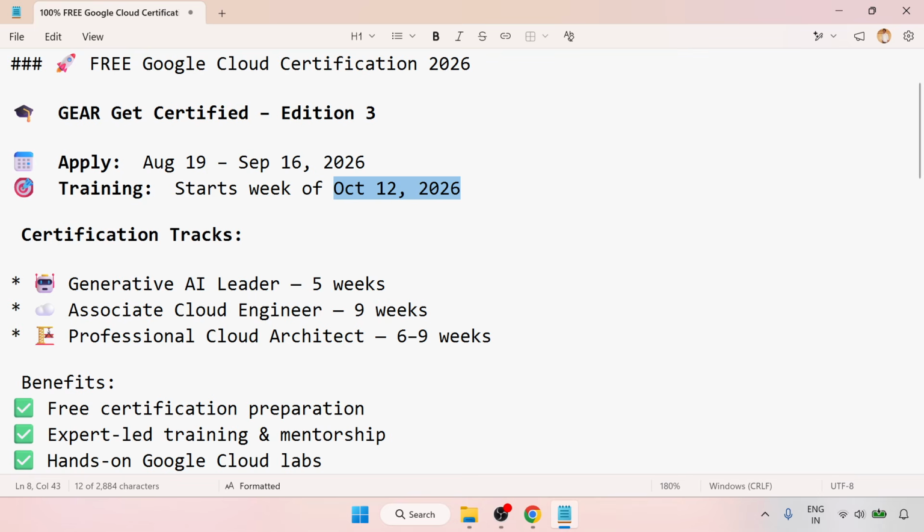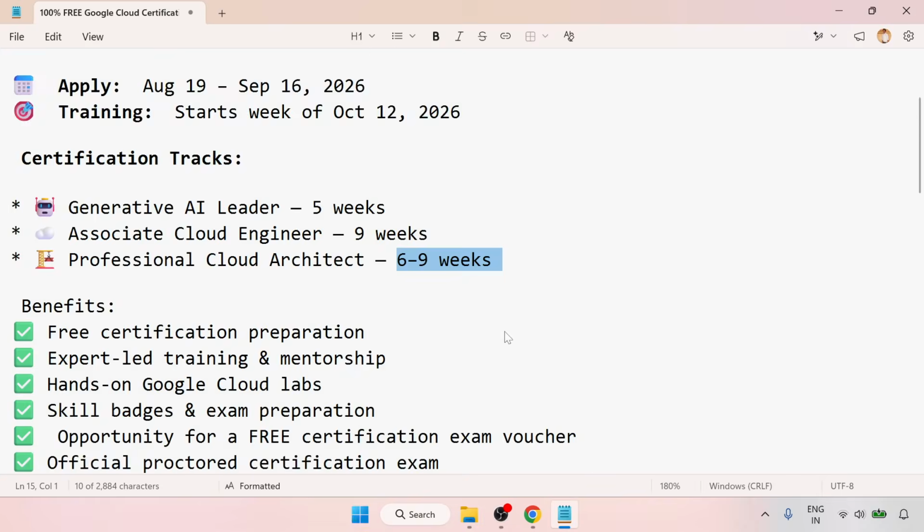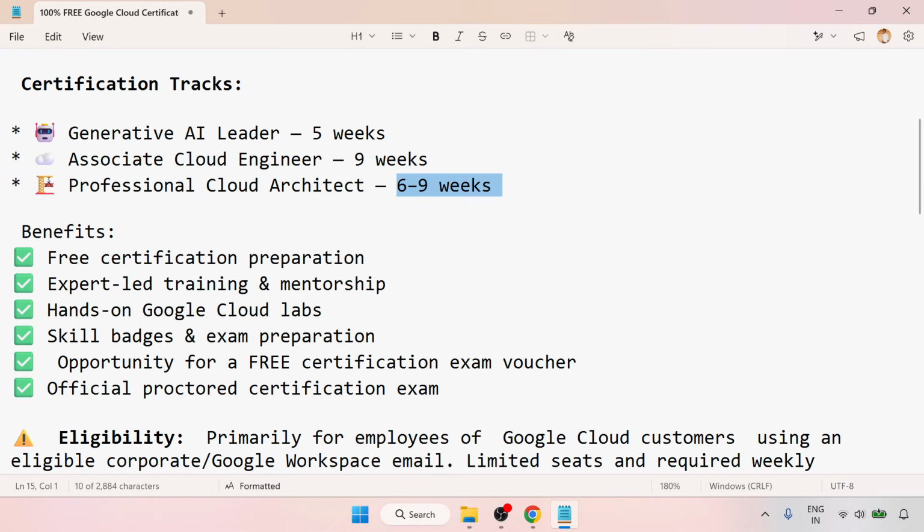So there are certification tracks: Generative AI Leader, 5 weeks; Associate Cloud Engineer, 9 weeks; and Professional Cloud Architect, 6 to 9 weeks. The benefits of this are free certification preparation, expert-led training and mentorship, hands-on Google Cloud Labs, skill badges and exam preparation, and an opportunity for a free certification exam voucher,